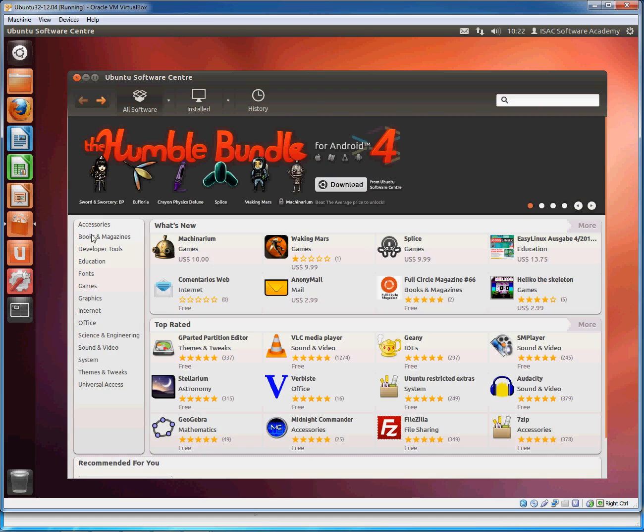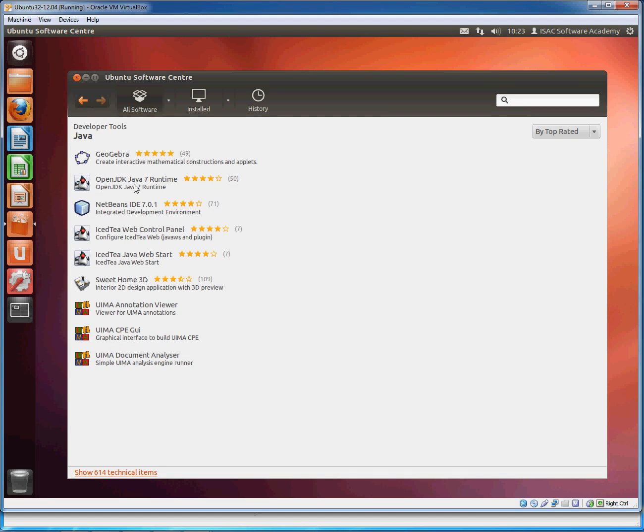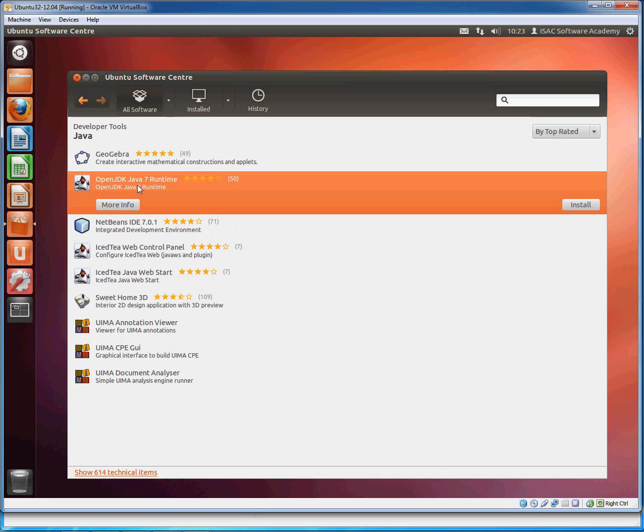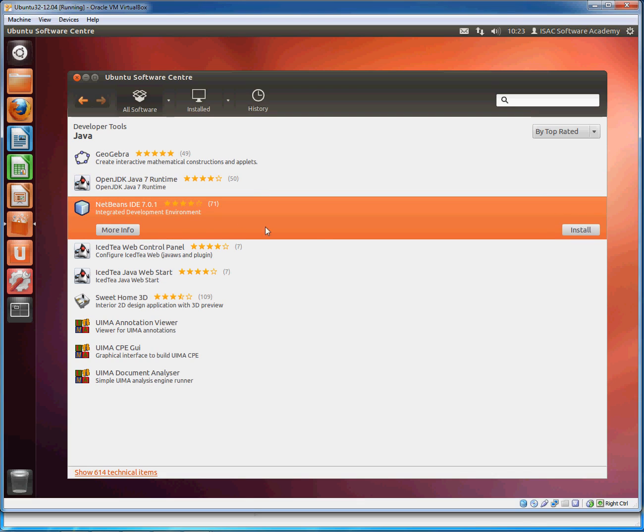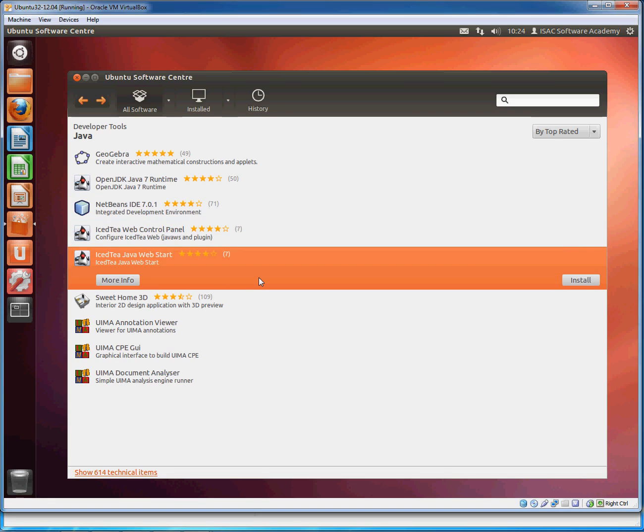You can also see in the sidebar here that there are categories that you can go through. So as an example, perhaps you wanted a developer tool like we did in the previous lesson, and we needed for example Java. In this one we can actually do the OpenJDK Java 7 runtime, the NetBeans IDE that we tried to install, IcedTea, which is a Java WS, which is a Java Web Start replacement,